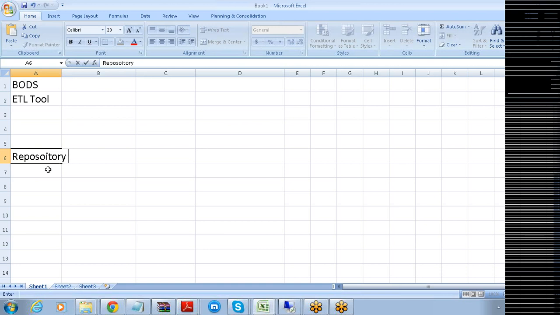Business Objects Data Services supports three types of repositories. The first one is a local repository. The second is a central repository. And the third type of repository is the profiler repository.